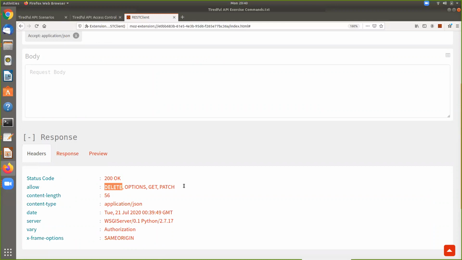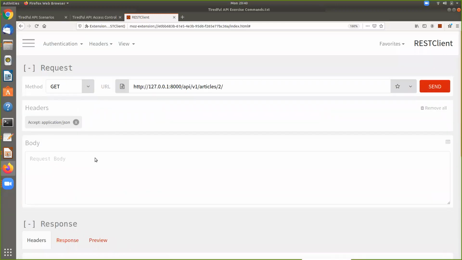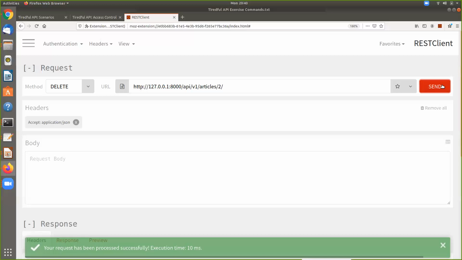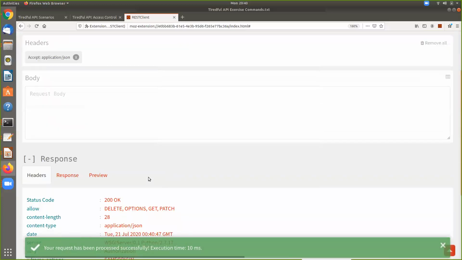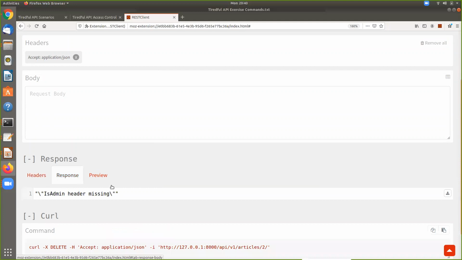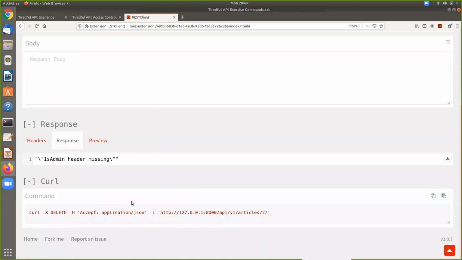The options GET and PATCH are a little bit less concerning. So the question is, can we just delete this simply by changing our method to DELETE? Well, let's try it and see what happens. So do that. Again, the server's okay with the request because it gives us a 200 response code, but is the response really what we expect?